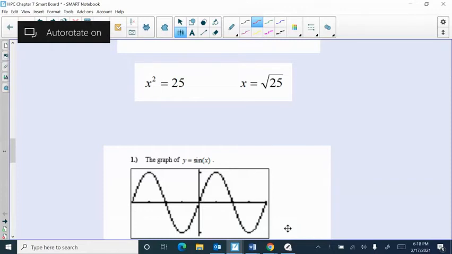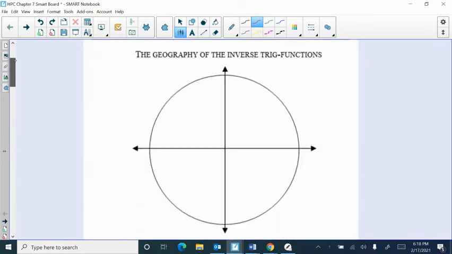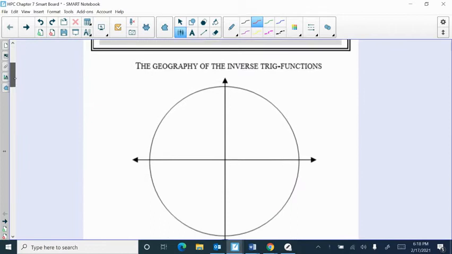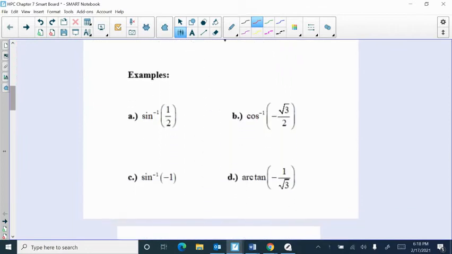In this video, let's look at inverse trig functions. Don't worry, you're on the right spot. This is section 7.1, the inverses. Before we tackle that, let's look at some of the inverse notation, like it sort of looks like